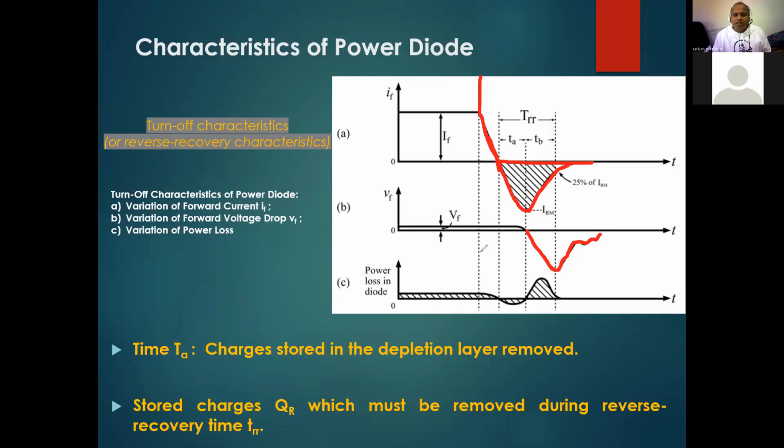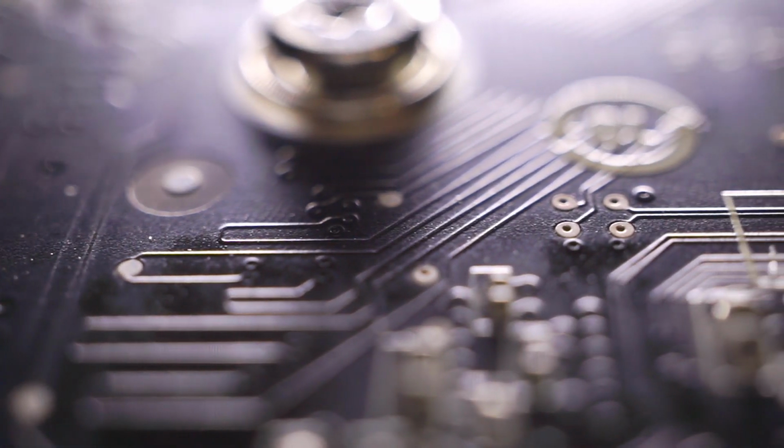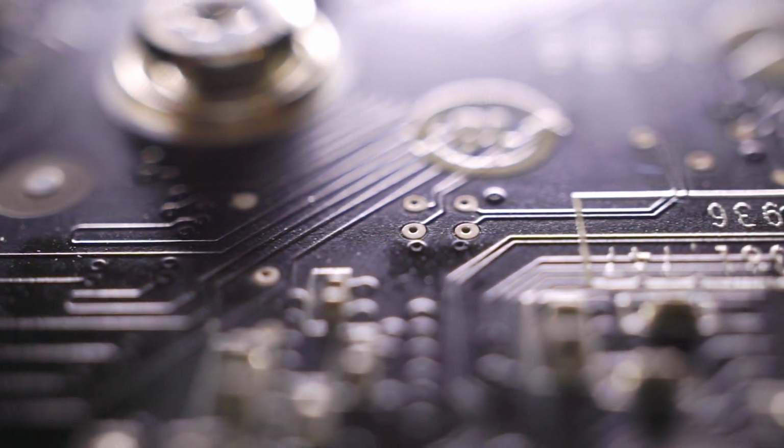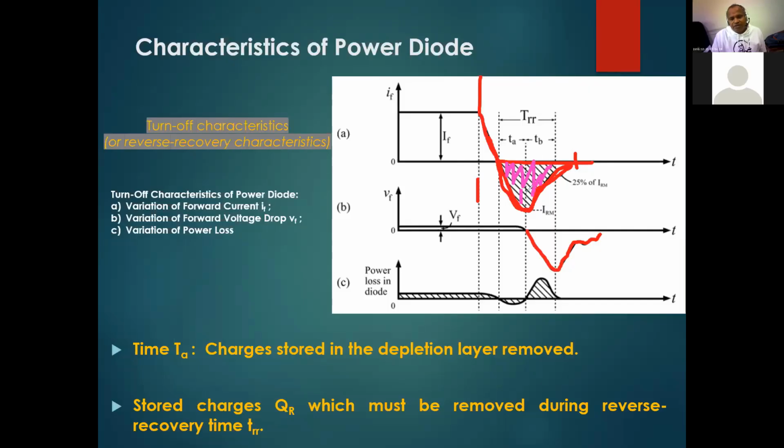In your signal diode, you turn off at this point. This is instantaneous, and you can turn on in the next instant. Whereas in the power diode, due to the reverse recovery, the diode continues in the negative direction for some time. Again, it is neutralized at this point, and this is the total time. So this is the charge contained, see here.